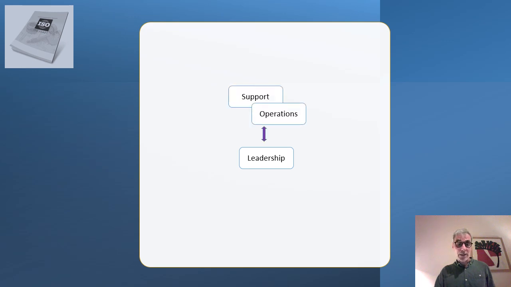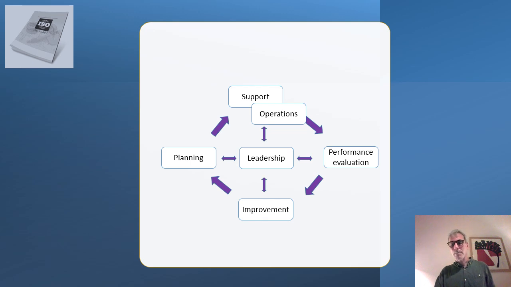Support and operation will complete the picture, thus establishing a robust operational framework, and then start the rollout with planning, performance evaluation, and improvement to tie everything together, address the gaps, and make sure everything is aligned with other business requirements.